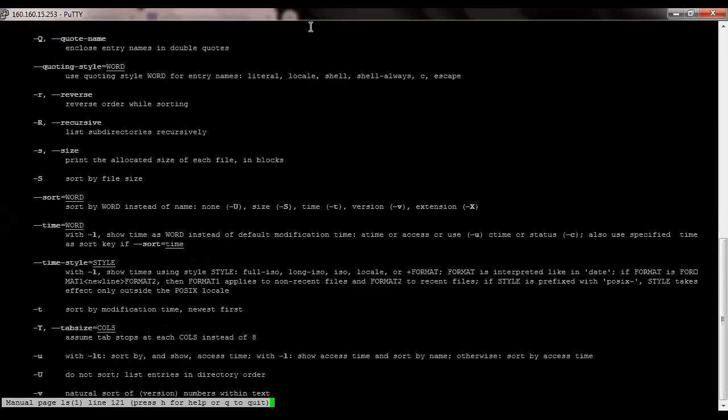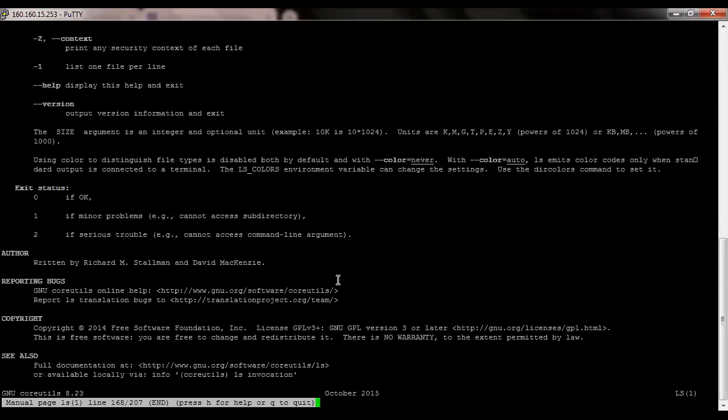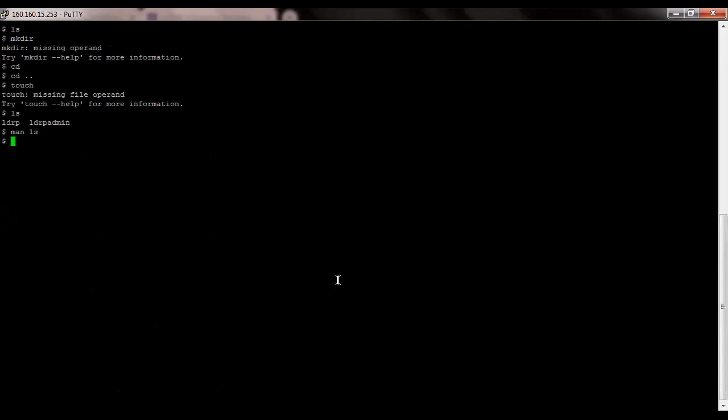These will perform the different operations that we wish to have on our output. Likewise, we can go further for a different number of commands.